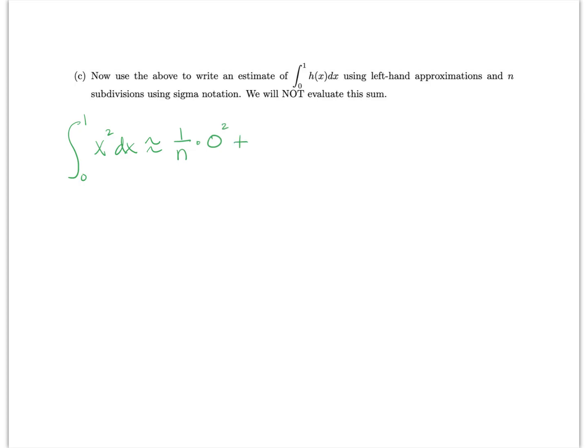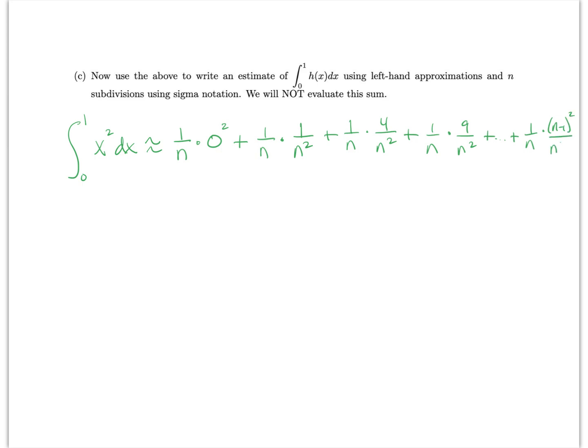My second rectangle, its base was 1 over n, and its height was 1 over n squared. And the third rectangle, base was 1 over n, the height was 4 over n squared. And then my next one would be 1 over n times 9 over n squared. And I keep going until I get to the last rectangle, which is 1 over n times n minus 1